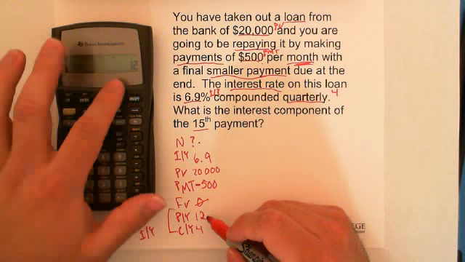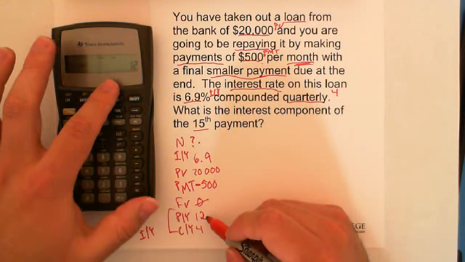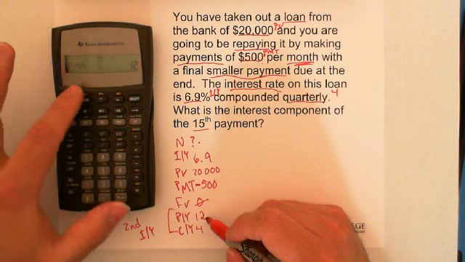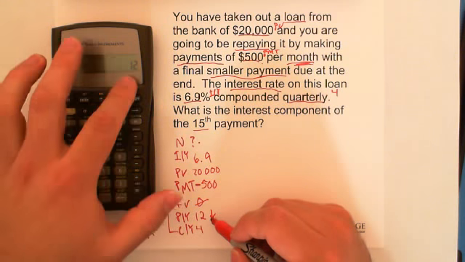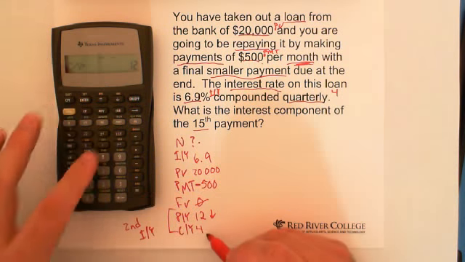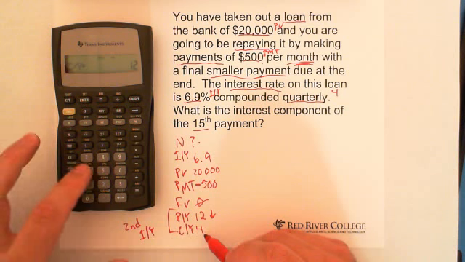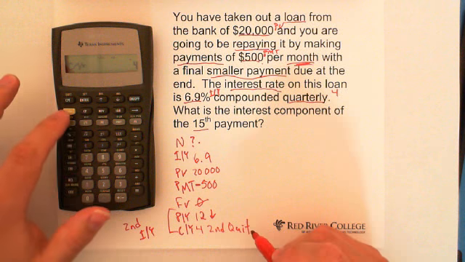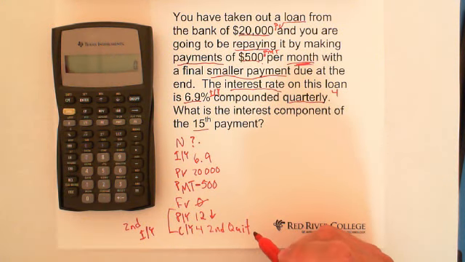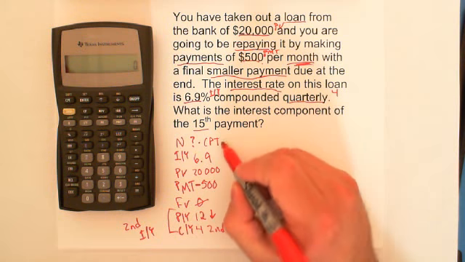P/Y is 12. My calculator already says 12 from a previous question, so I'm going to leave that as 12 and push the down arrow to go to C/Y. C/Y is also 12, but we need to change it down to 4, so I'm going to go 4, enter, and then second quit,